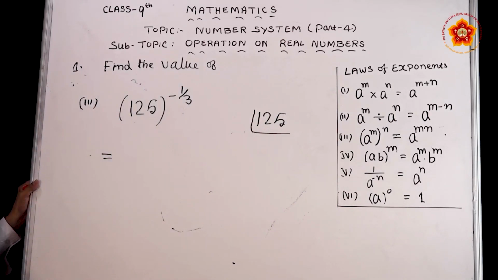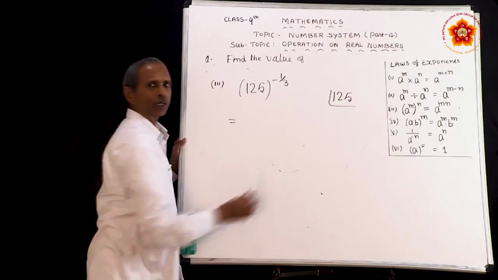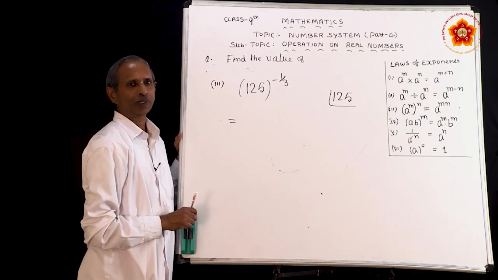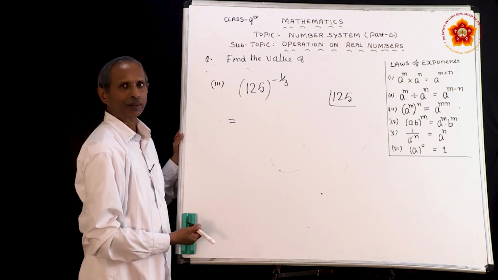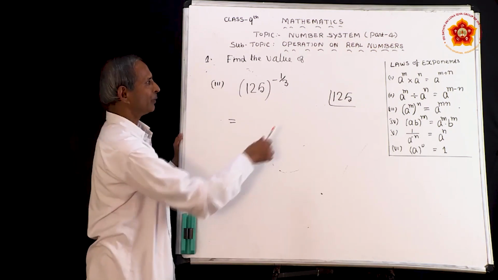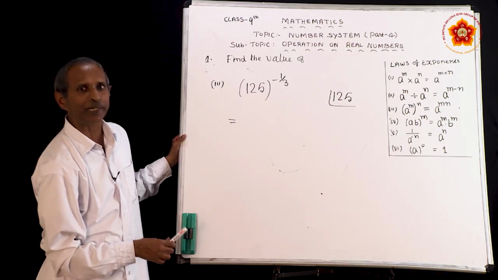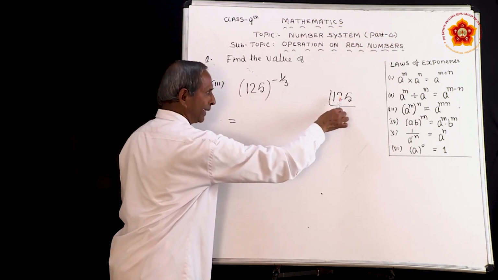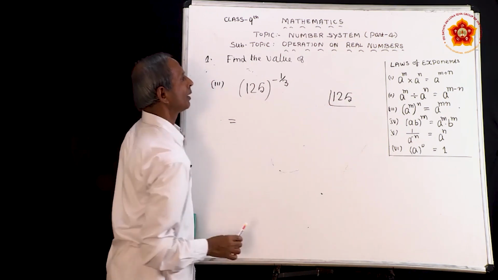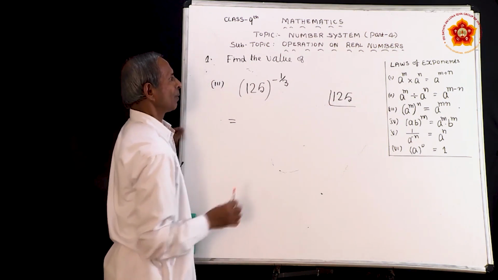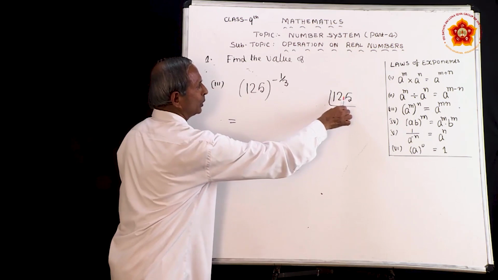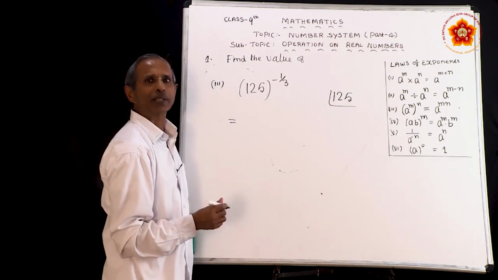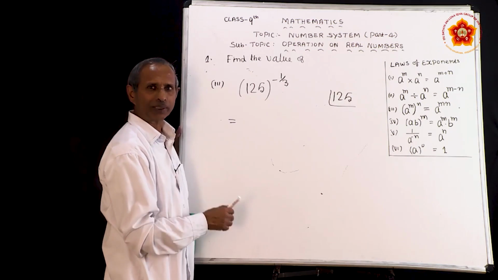Now, whenever there is an odd number in the unit place, it is not divisible by 2. Already you know. Next number is 3. By 3 also it can't be divisible. You can check the divisibility law. If you add 1 plus 2 is 3, 3 plus 5 is 8. 8 is not divisible by 3. So, this number is not divisible by 3.